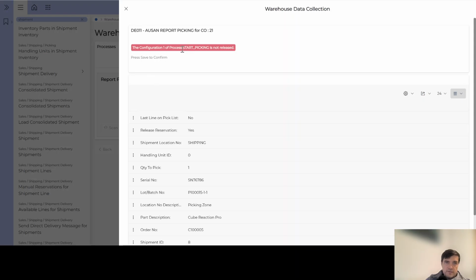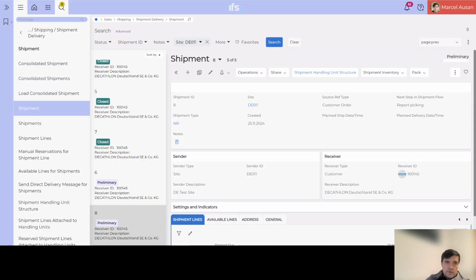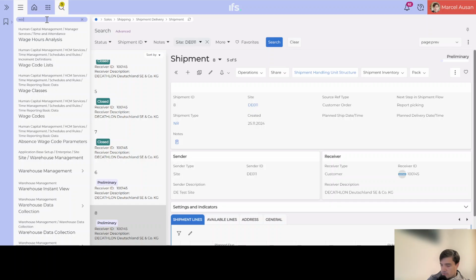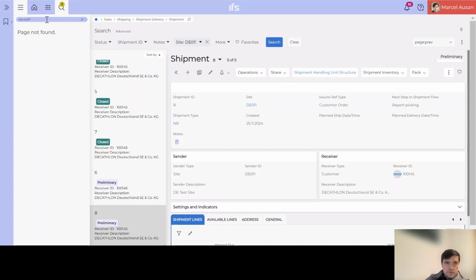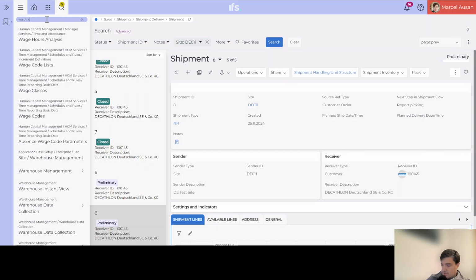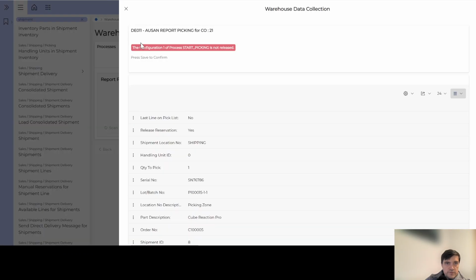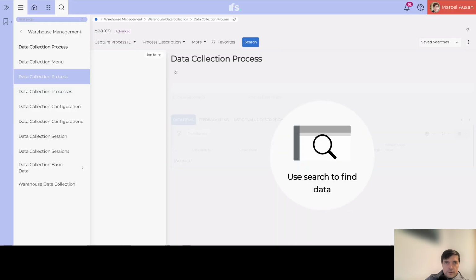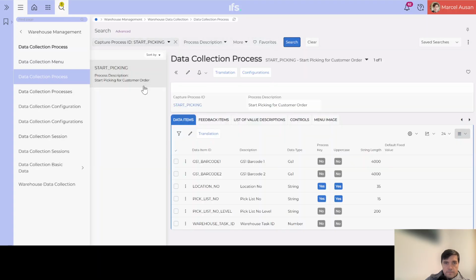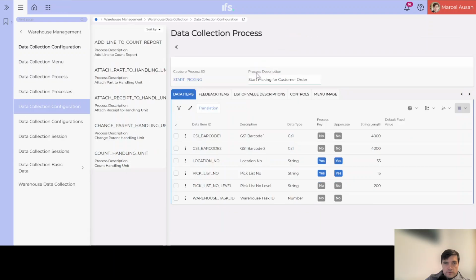Okay, so now it's saying that the start picking is not released. Okay, let's maybe do that quickly. So we go to our warehouse configuration, warehouse data collection, and then configuration. Let's have a look at the process. So the process is start picking. Maybe let me copy it. Data collection process, start picking. And if we go to configurations,